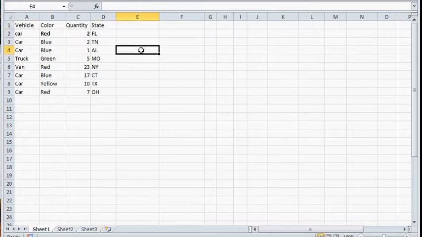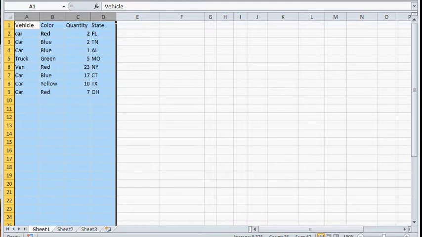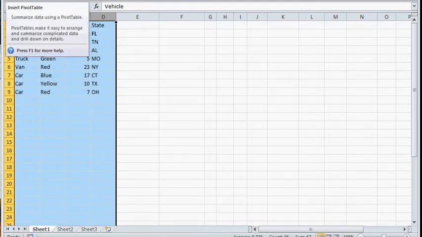Once you've done this, this is very important because these labels across the top are going to be the identifier for the pivot table whenever you're filtering or changing around features in your pivot table. So the best way to do this is to select the columns that you're looking for, go to the Insert tab, go to Pivot Table,